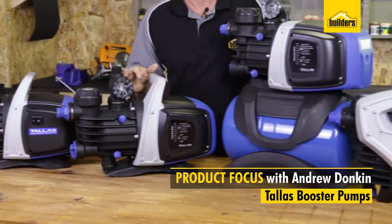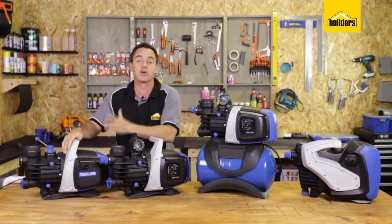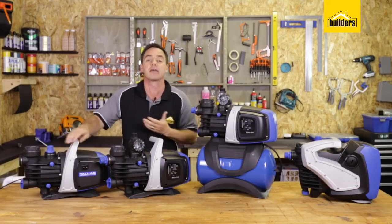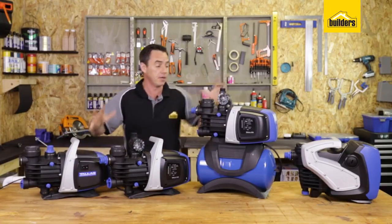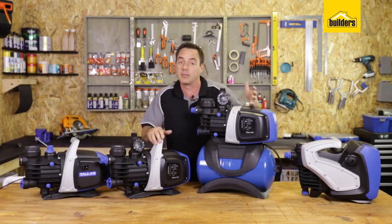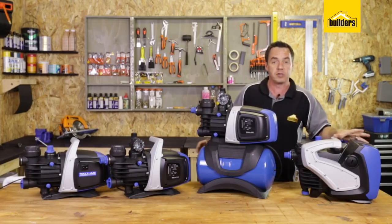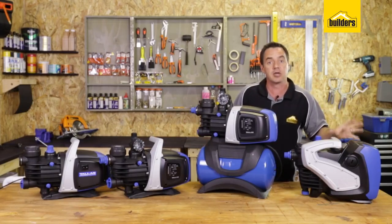This is the Tallas range of booster pumps. So which pump do you choose? The D-Jet, which is ideal for garden use, washing cars and simple stuff like that, which is a standard on-off pump. Then we've got the booster pumps, which are ideal for an installation, connecting up to your home or for an irrigation system. And then also we've got the Rolls-Royce, which is the power saver and a much higher pressure